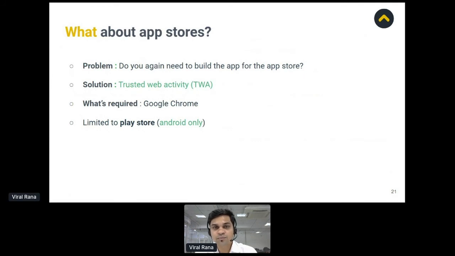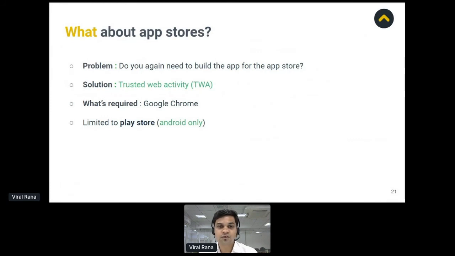Now what about the PWA stores? PWA headless supports app stores. Let me give you one example. Suppose you have migrated your web app, which is on a traditional approach, to Shopify headless or any other e-commerce headless platform. Now what about your app store traffic? Do you need to redevelop the entire app and publish it to the app store again? Because obviously traffic matters for our business.